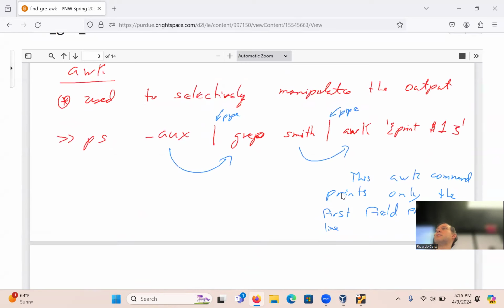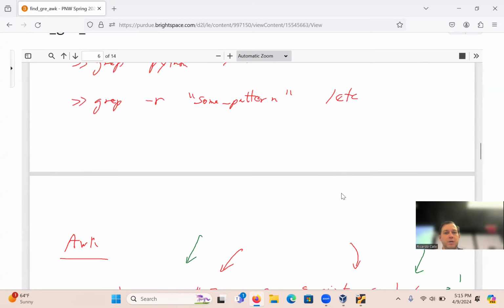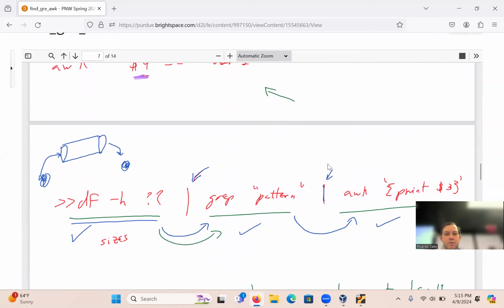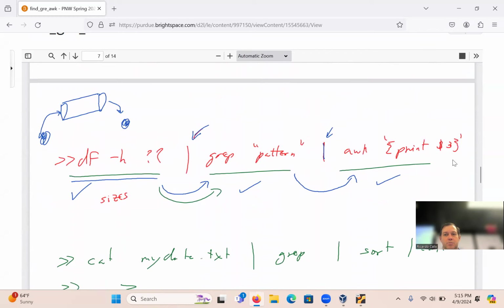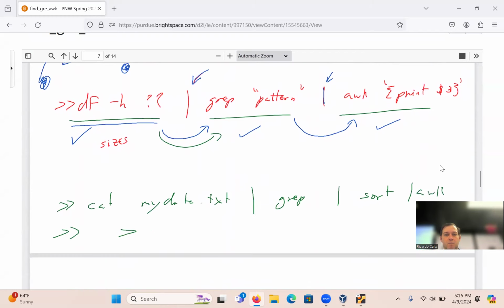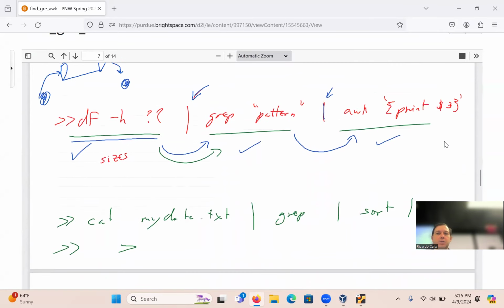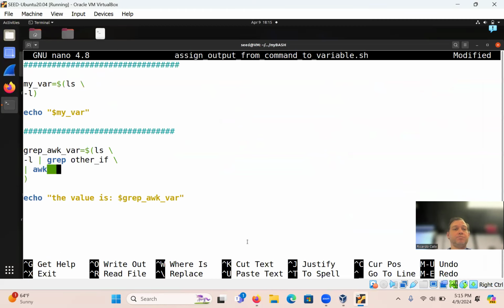Any questions? Do you think that'll work? So these were the counters. Yeah, so print. All right, so let's go with that one. Awk print number 5. So I'm going to go back to the terminal.